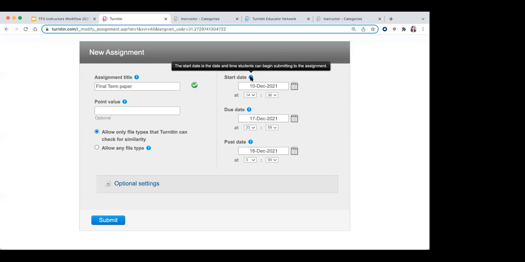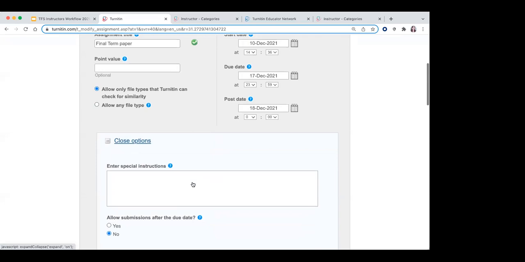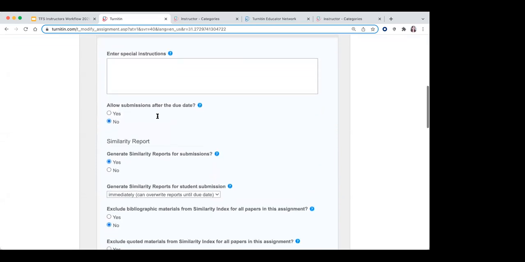Maybe you would want to be reminded about what option to select or what that feature is all about, so definitely you can do so. Another one is to click on optional settings, because we are not done yet. Then you can provide a special instruction, and allow submissions after the due date. So we can click on yes if we want our students to